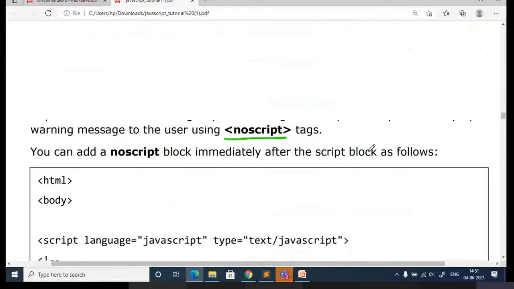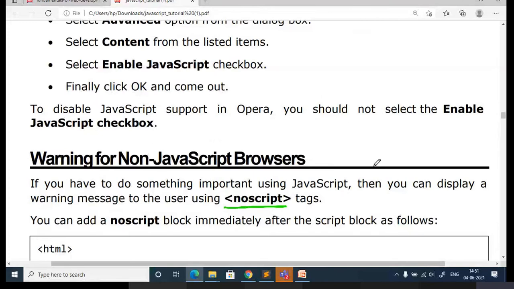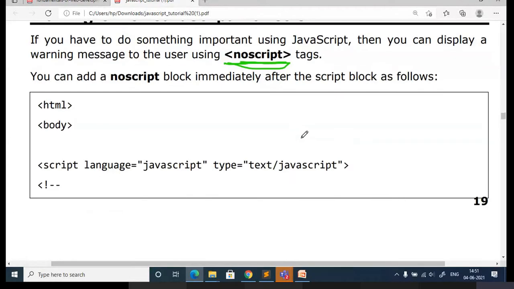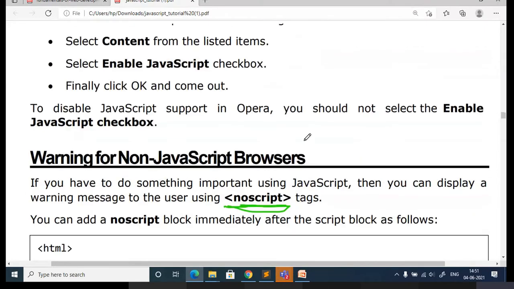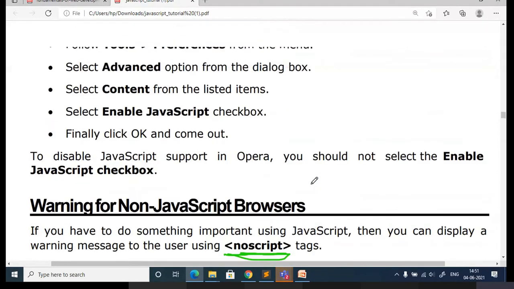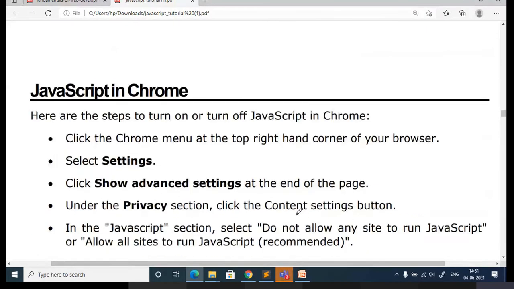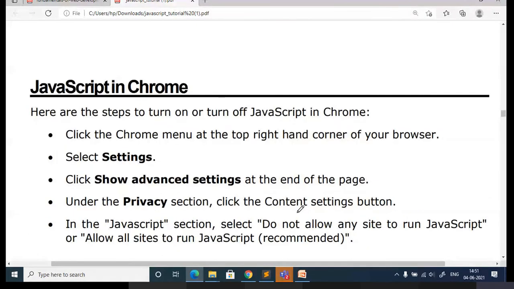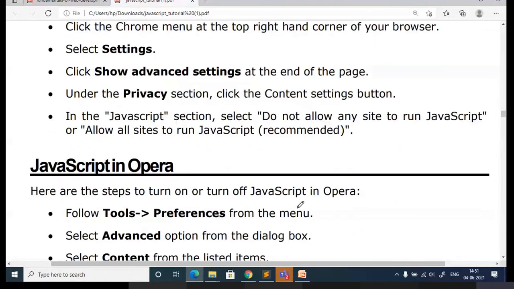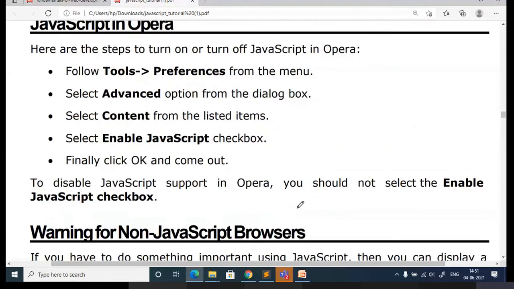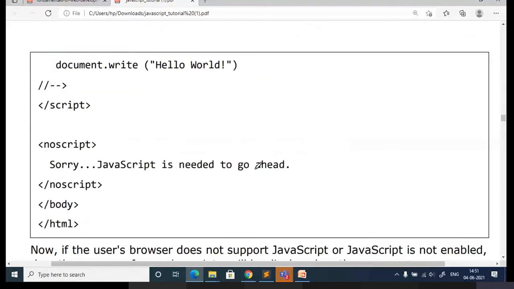I think I have got your answer. Noscript. You need to write the noscript tag to check whether the browser supports JavaScript or not. First, you disable JavaScript, depending on whichever browser you are using, and try to run one JavaScript program. There you use this noscript tag to display that your browser does not support JavaScript.